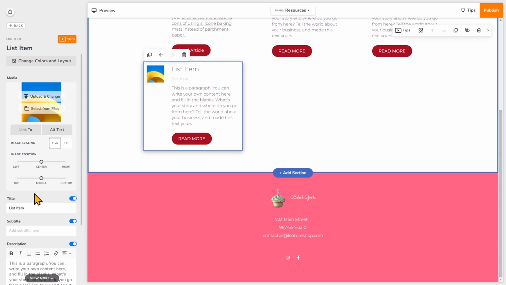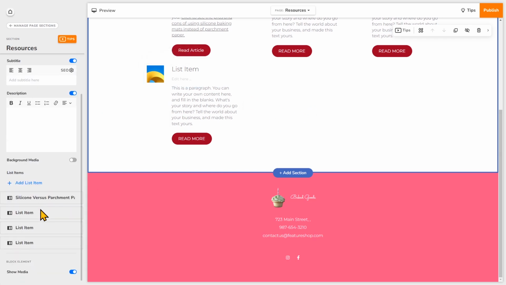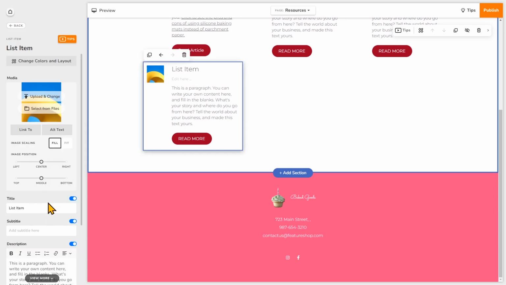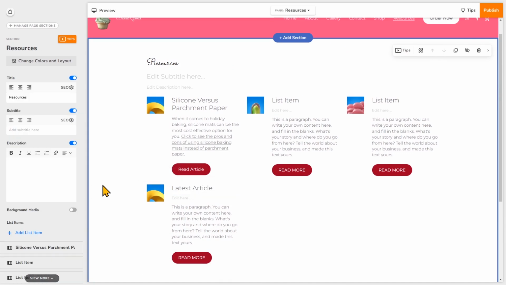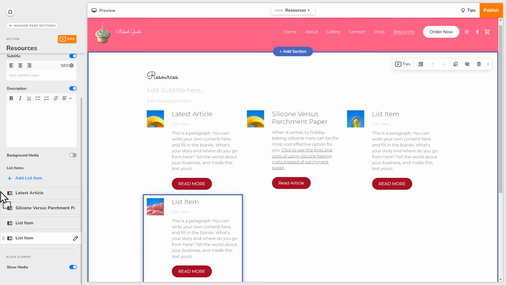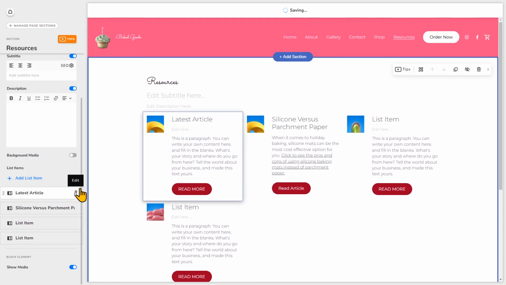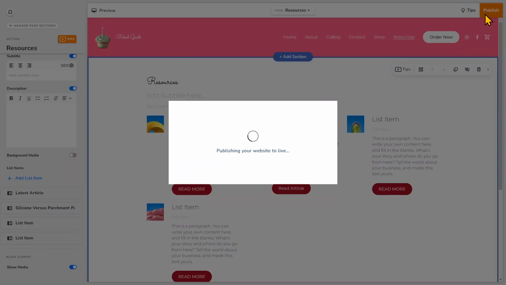So if you want to make the new list items appear at the top, to reorder the list items, right now it's clicked right on this list item, but I'll click off of it onto this list section. I'll first give it a title actually so you can see this. I called it Latest Article just so you can see for this tutorial. So right now you'll see it's right here. Click and drag on the left, and now it's at the top. So every time you make changes for your website, to make them go live, click Publish on the top right corner.